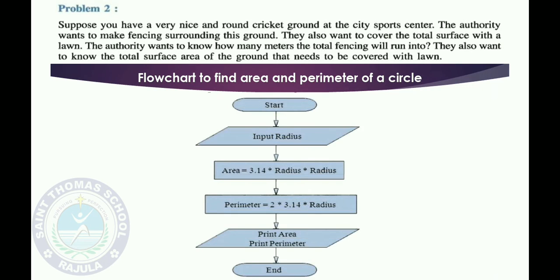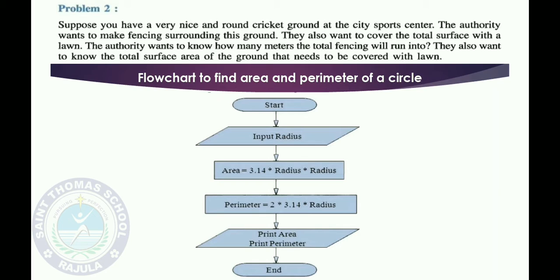So first we will see the flow chart. Start, input radius, and area. Now pi r square was there. So r square means if you multiply r two times, that is r square. And in maths terminology, pi has a static value, that is 3.14. So whenever pi comes anywhere, you have to put the value 3.14 in its place. So 3.14 multiplied by radius, multiplied by radius. Suppose the radius value is 10, then 3.14 multiplied by 10, multiplied by 10, like this. Then you will get the area.